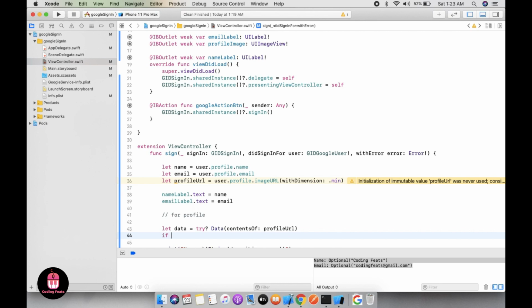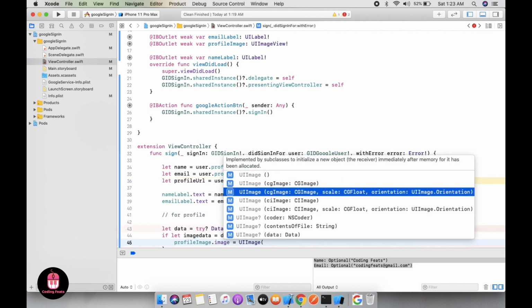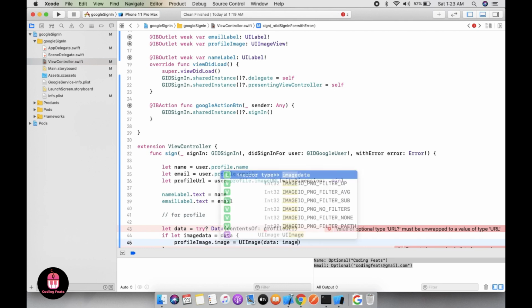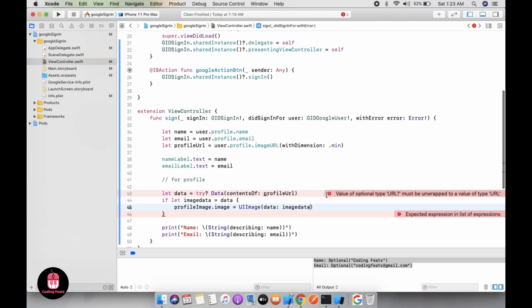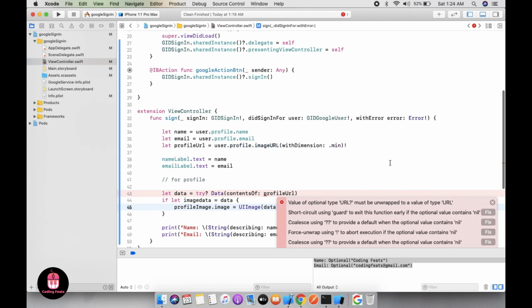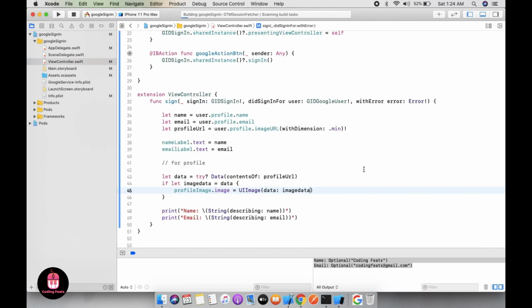Now if let image data equals to data, so profile image dot image equals to UI image with data, that means image data. You can set this. Now we can build this project